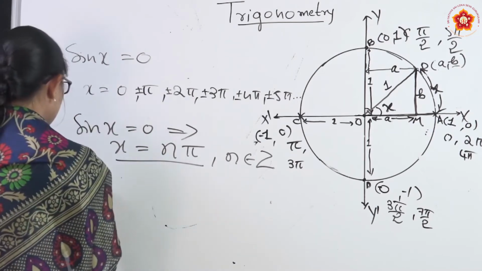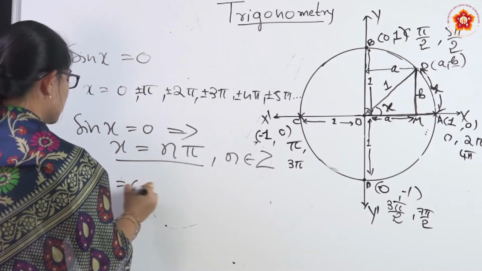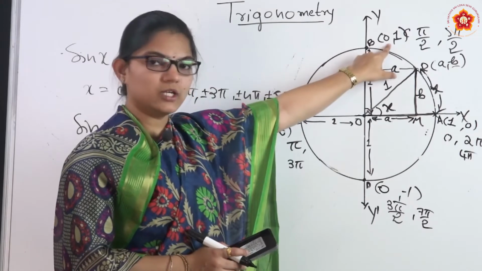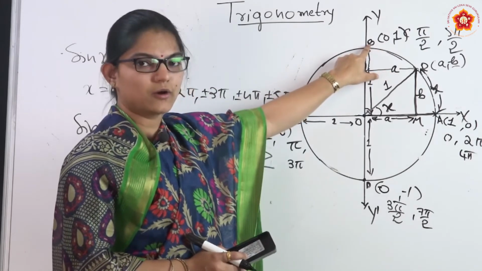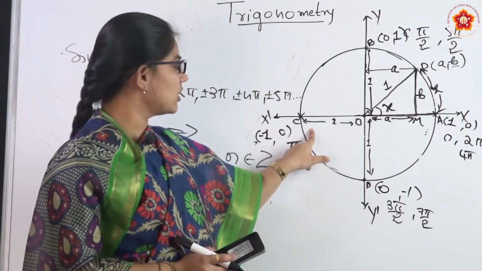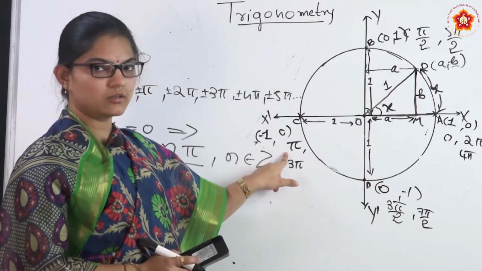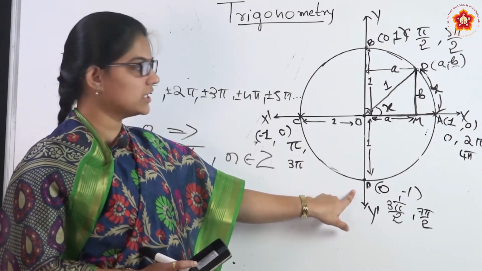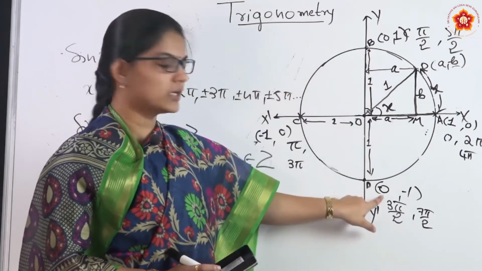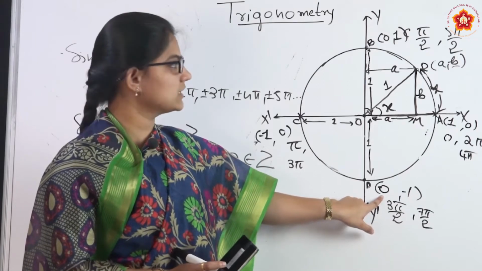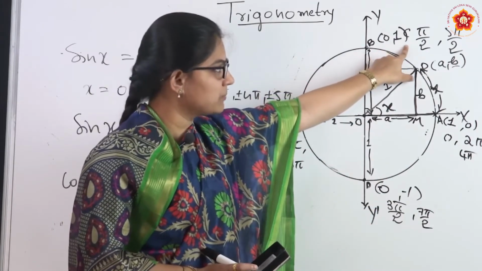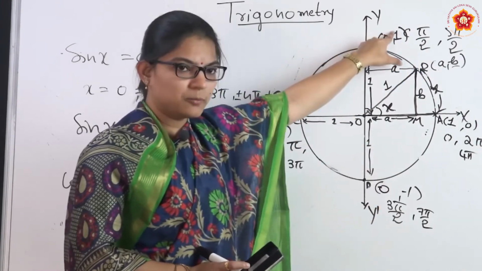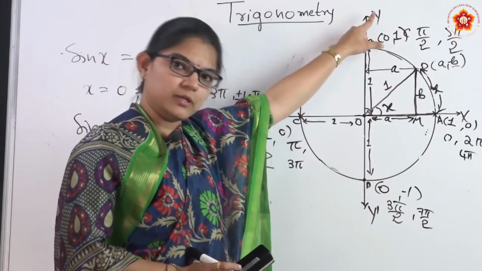Next, where will you get cos value as 0? So cos x will be equal to 0, where? You can see here, cos 0 is 1, correct, here cos pi by 2 is 0. So at B you are getting cos value 0. Next, at C you got cos pi as minus 1, correct, it is not 0. At D you got cos 3 pi by 2 as 0, correct. So at B and D you are getting cos value 0, that is for the angles pi by 2, 3 pi by 2, next 5 pi by 2, next 7 pi by 2, next 9 pi by 2, likewise, okay.